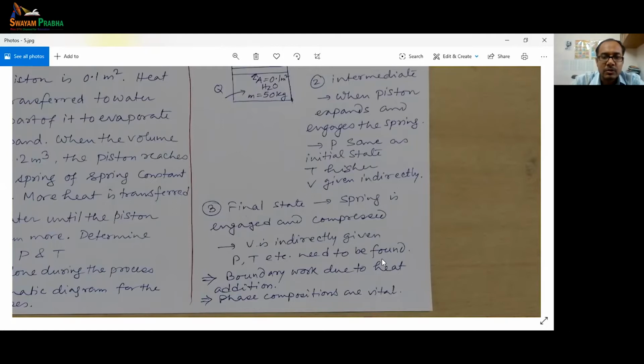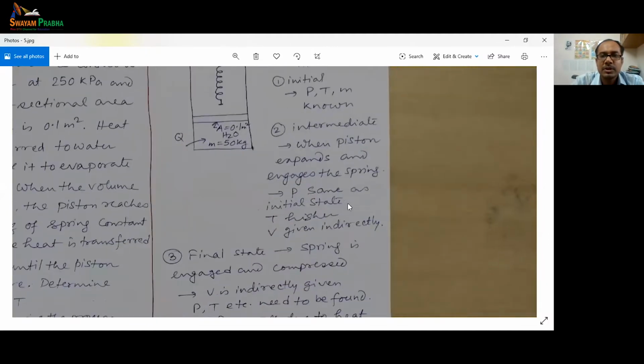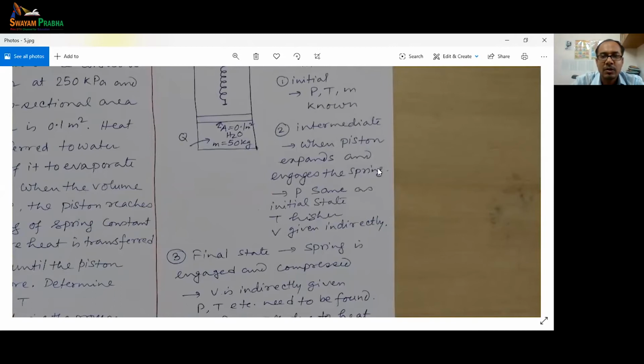Okay, so what is happening here? These are the major states, 1, 2, and 3, initial, intermediate, and final. What processes are happening? The boundary work is being done by movement of the boundary, and the external heat is getting added to the system. So now the phase compositions are vital. We have to see what the phase compositions are. Okay, so let's look at that